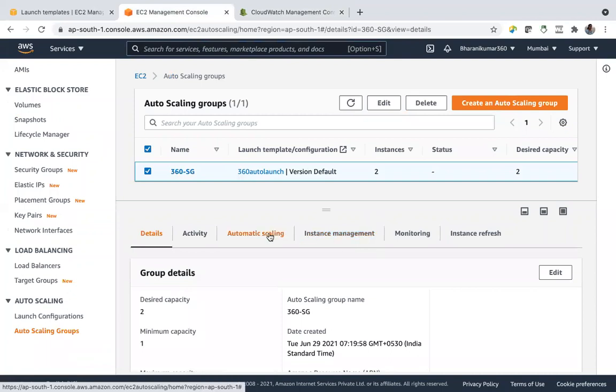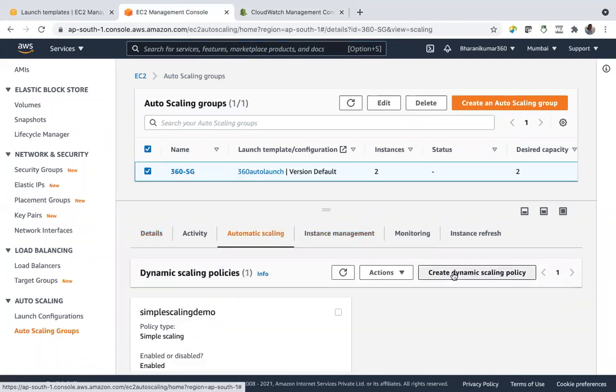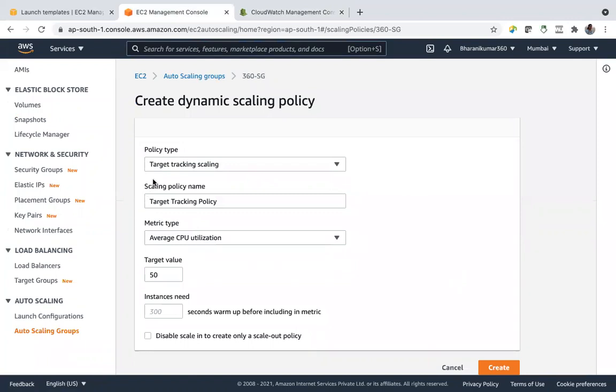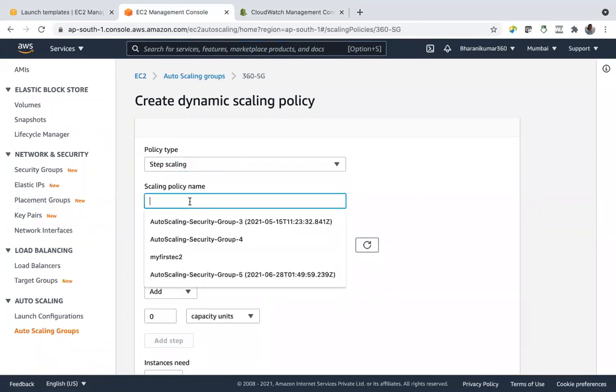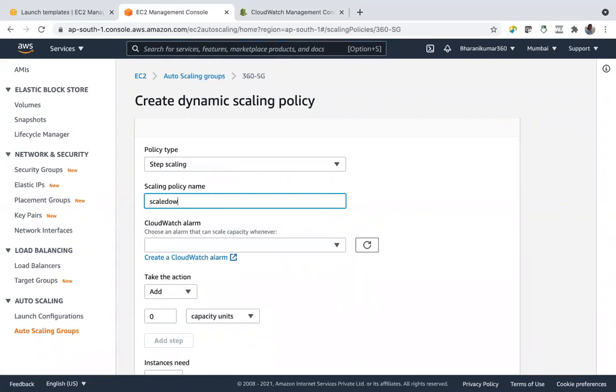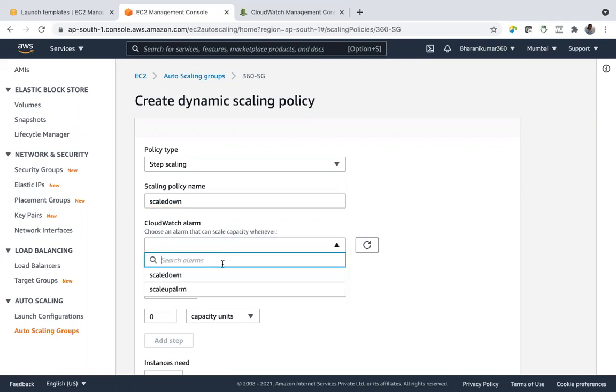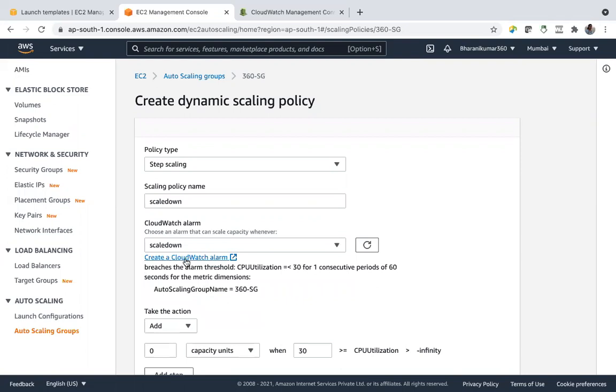add policy. Automatic scaling, create dynamic scaling policy. And this time we will go for step scaling, a policy name. This is scale down policy. And also alarm name is scale down.